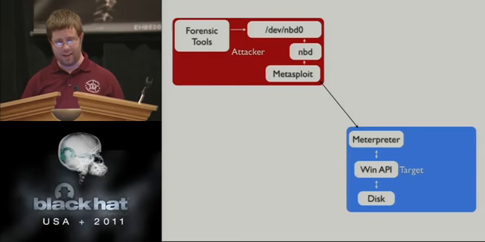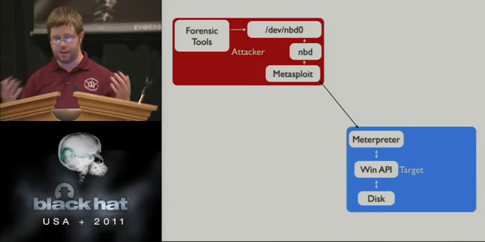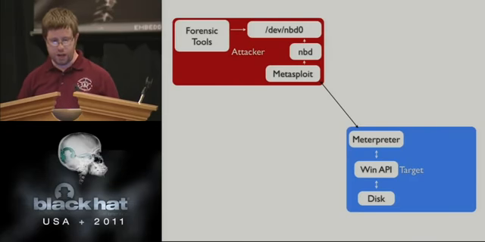Anytime we make that nice little Railgun call over there, we can call that Windows API over that interpreter connection. So on our end, all we have to do is map the NBD protocol to these reads on the remote block devices, and we have a /dev/nbd0 that is the victim's hard drive, or the victim's volume there. And on that we can run our tools.